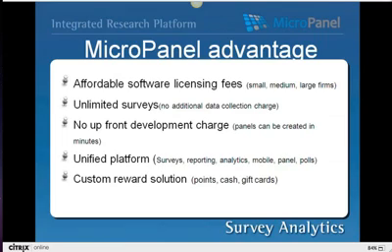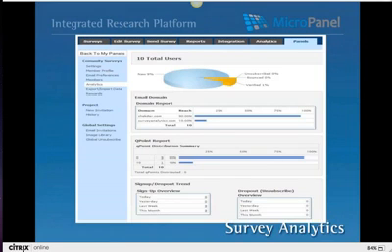No upfront development charge, meaning we don't charge you for customizing the panel portal. We'll help you out throughout the entire process, whatever the issue might be, and there's no consulting fee for that. Unified platform, as we discussed earlier, surveys, reporting and analytics, and the custom reward solutions are all part of MicroPanel and integrated platform. Here we can see some basic screenshots of MicroPanel, and I can go into the system at this point just to give you an